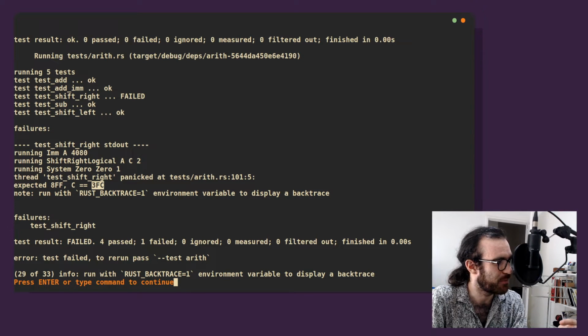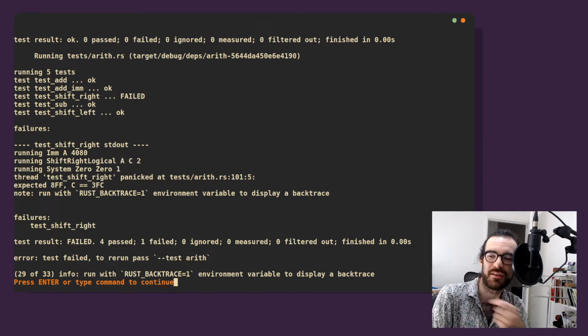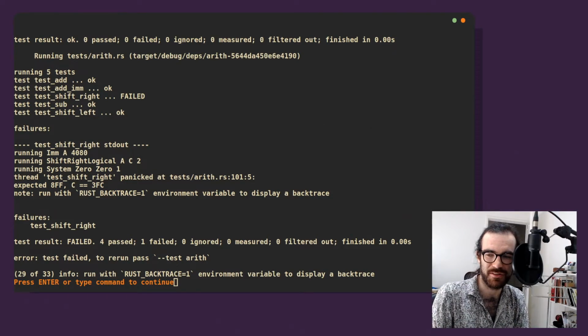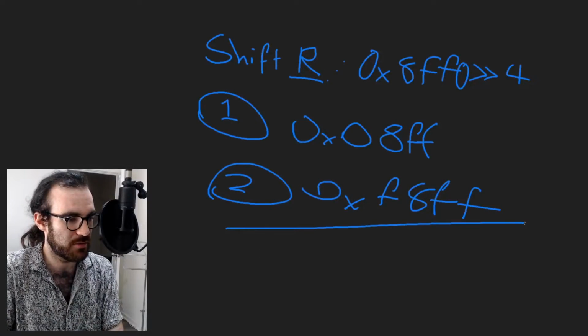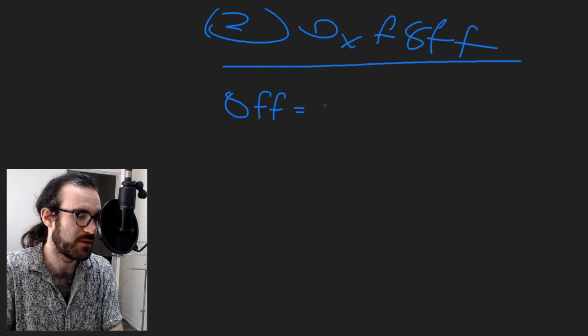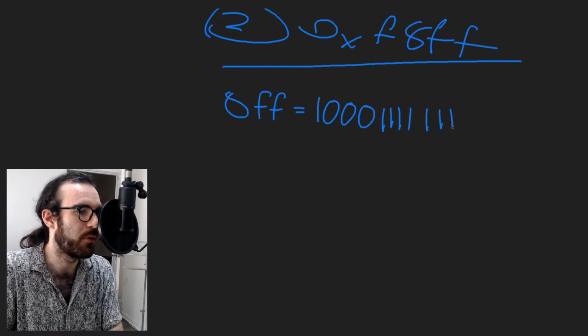CF is right, but where do we lose the top bit? Where does that top bit go? We're shifting right. Where does the top bit go? Because as far as I'm concerned, we should... So let's look at this, right? So we have 8FF, which is 100011111111. Right shift 4. This should give us